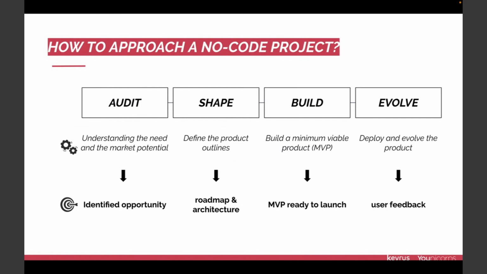After you've shaped the product, you will start the process of building the product. What does that mean? We usually start by building the minimum viable product, which means the designs are in place, we already link it with the data, and it works perfectly on a smaller set of data. So we can go out there and already test it with the customers, the employees that are going to use that tool. And of course, last but not least, the product has to evolve,